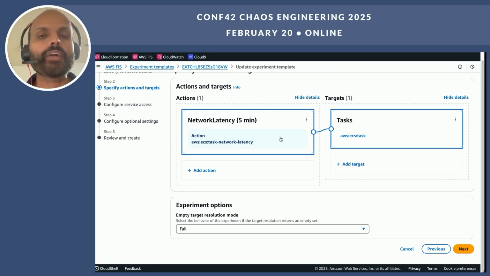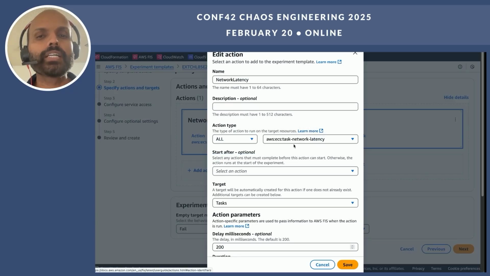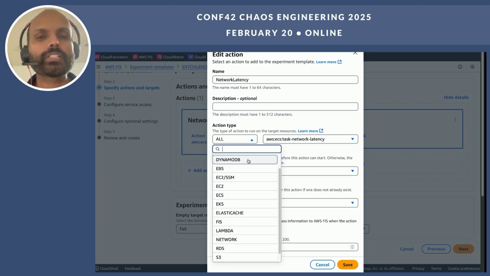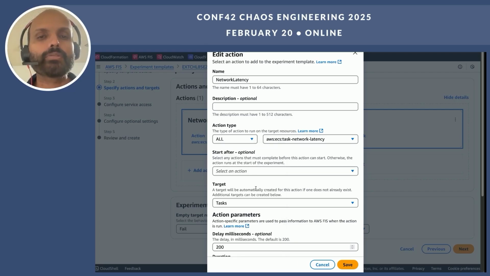In our case, we're going to run this network latency fault action against our ECS cluster. As you can see here, there is a bunch of services that FIS integrates with. Right now, let's focus on the network latency action.